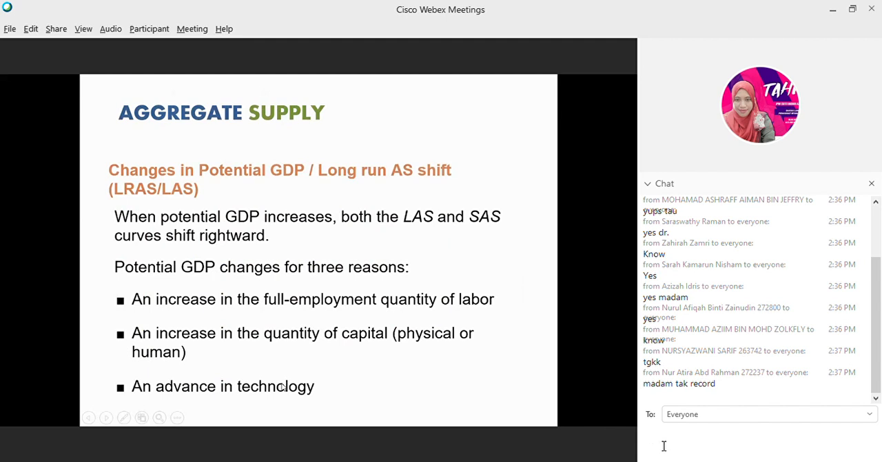So we have an increase in the full employment quantity of labor. For example, for now, we already banned foreigners from coming to Malaysia to work here until, let's say, December. We already started to ban foreign workers from coming to work in Malaysia. If this happens, then we